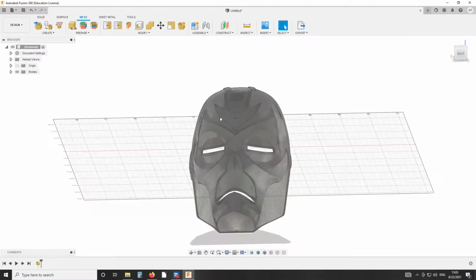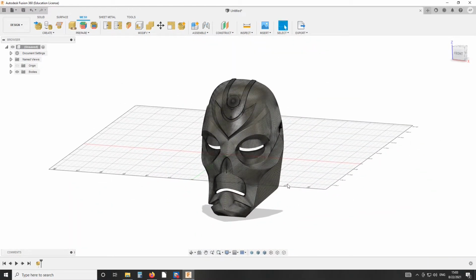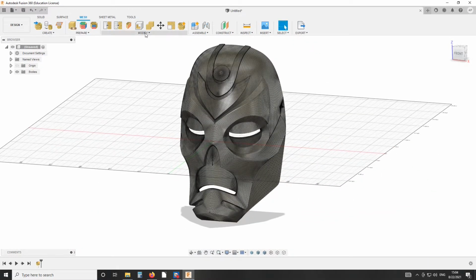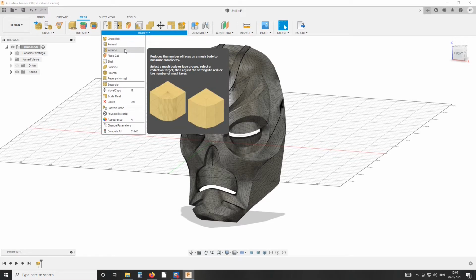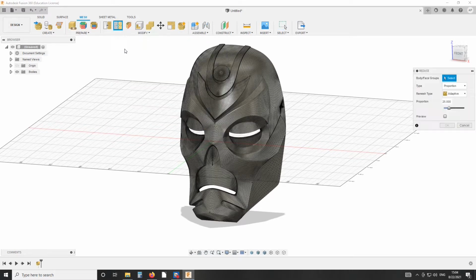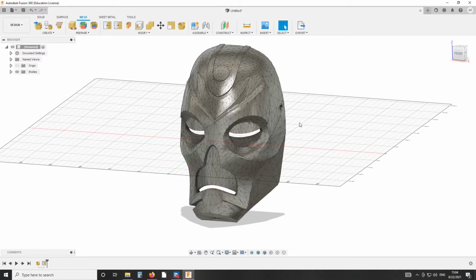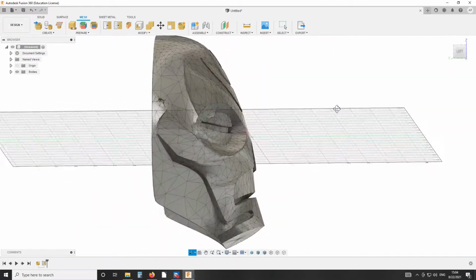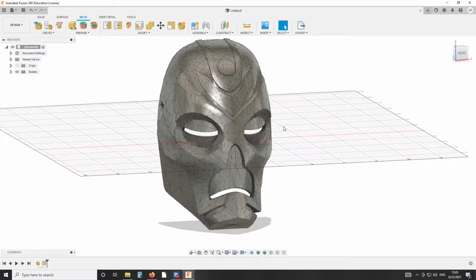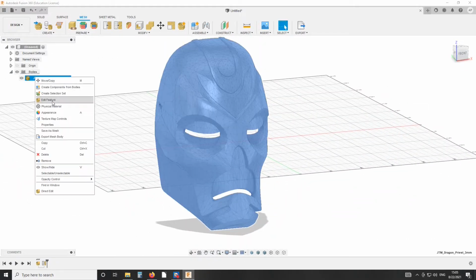So I'm reducing the quantity of triangles to just 5%. I'm pressing here Modify, then Reduce, and also I need to select the body for operation. Alright, it's done. Now I need to save it again as STL and import it into Blender.